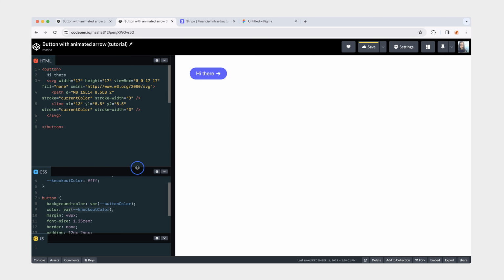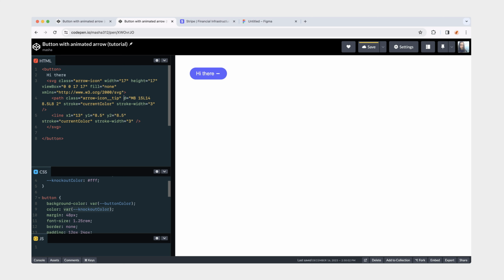First thing I'm going to do is give our overall SVG a class, arrow-icon. And then to this first section here, our path, it's going to be this tip. So we'll give it arrow-icon-tip.